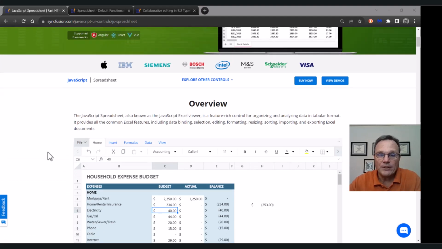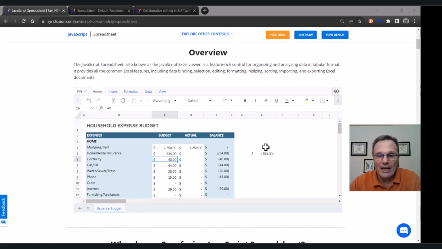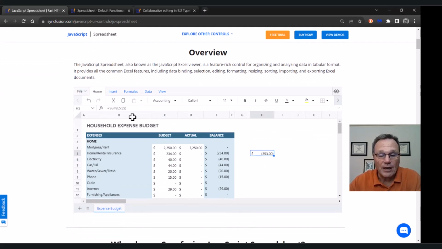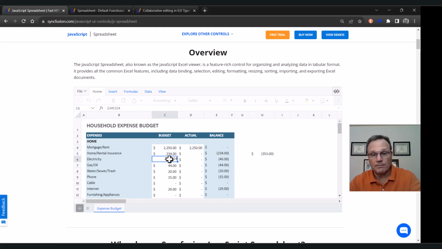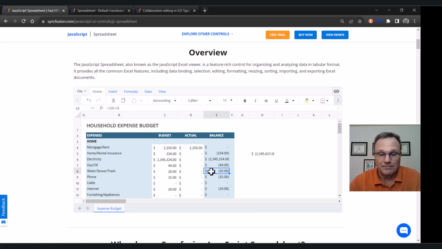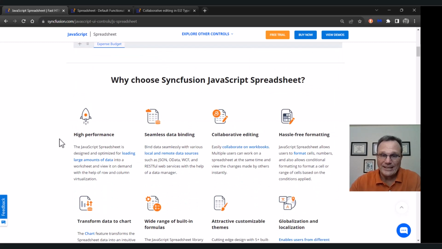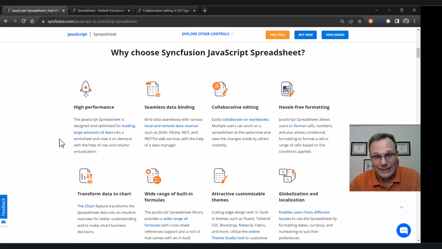And on the product page here, I just noticed today, I've been playing with it, I used to think it was a picture, but it's actually a live demo. So if I come in here, I added a sum, and if I make a change to the data, it is live. The rest of this product page is just words and pictures and links.